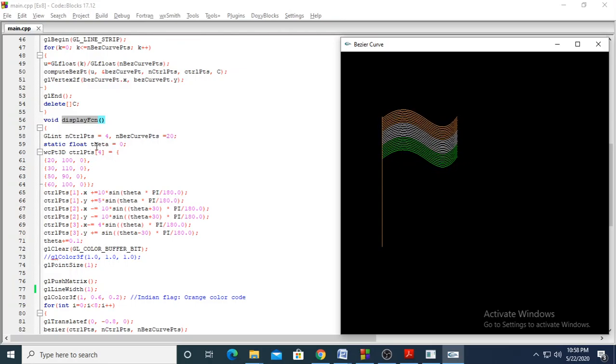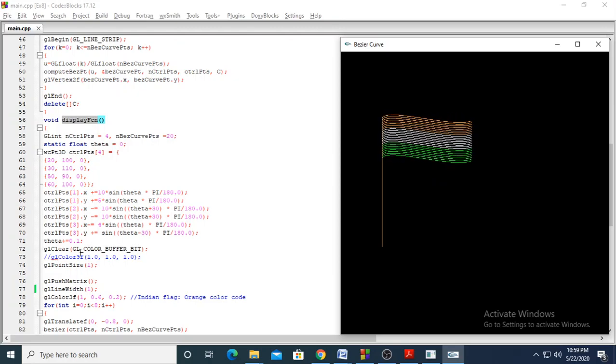Theta, as you know, we have declared as 0 and we are multiplying all the theta values with pi by 180. We are converting degrees to radians. So we are converting and storing the control points. In the program you have to convert, otherwise the accurate theta value will not come here, and there will be a mistake in the theta value. Whenever we are using degrees, it should be multiplied with pi by 180.